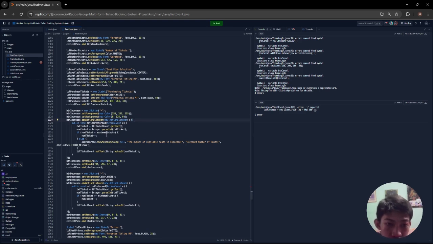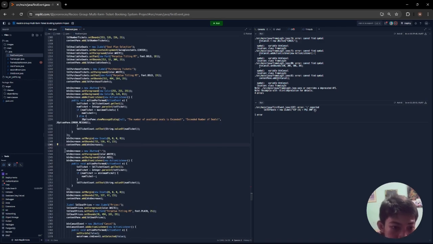Here it retrieves the current ticket count from the label ticket count, increments the ticket count if it is below the maximum tickets, shows an error message if the limit is exceeded, and updates the label ticket count with the new ticket count. It sets the margins and positions, and lastly adds the button to the content pane.